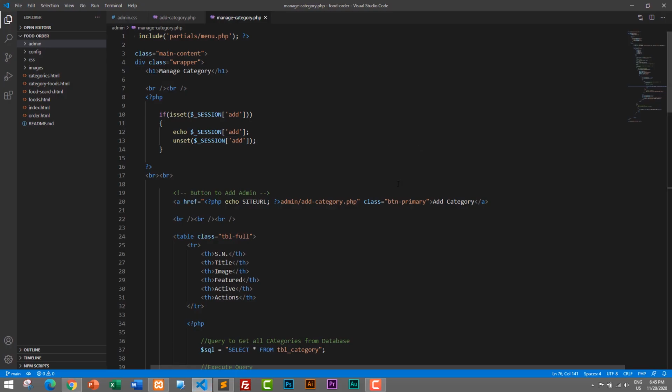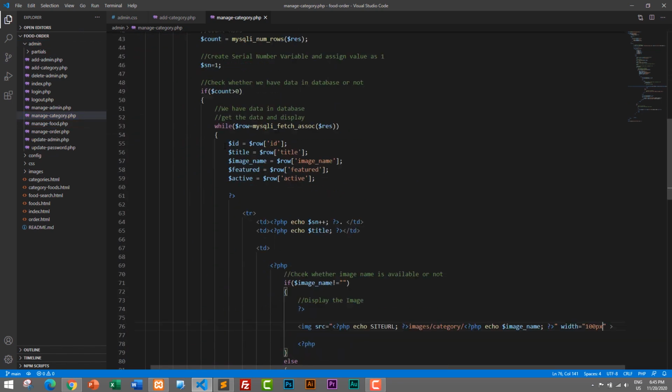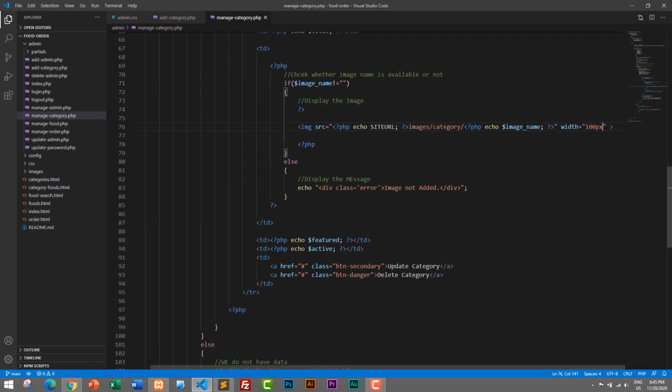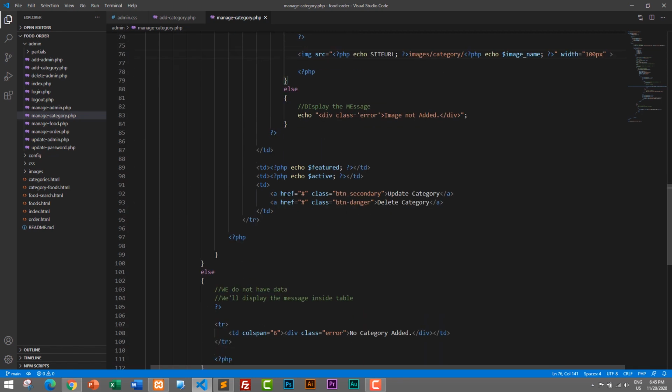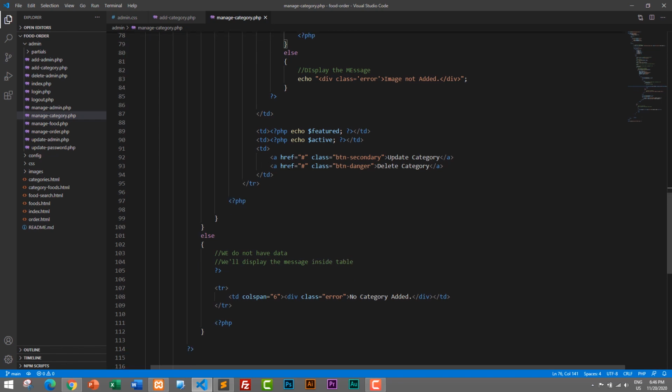So I'll open my Visual Studio Code, and this is our manage-category.php file. Inside our admin folder we have our pages. So I have opened just manage-category.php, and let's go back to our button. So our button is here. In our anchor tag we need to give the link instead of href. So I'll delete this hash sign or pound sign, and then PHP start, PHP end,